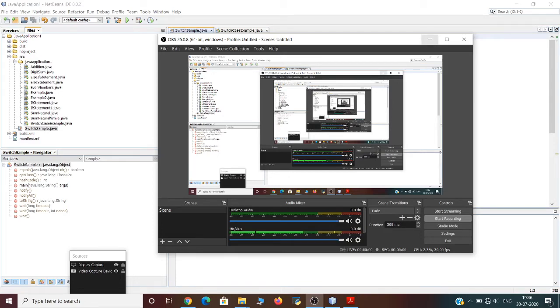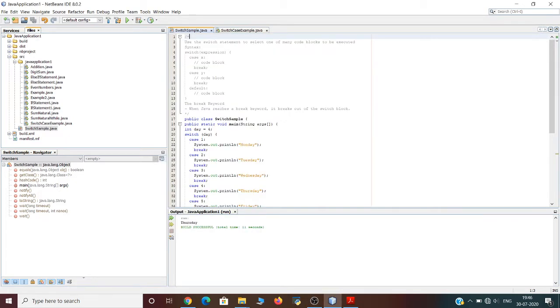In this video, we will learn about Java switch statements. Java, just like C and C++, uses switch statements to select one of the many code blocks to be executed. This is the syntax of Java given here. A switch expression contains different cases, and each case has a certain code block followed by a break statement that is optional, and perhaps a default statement as well.